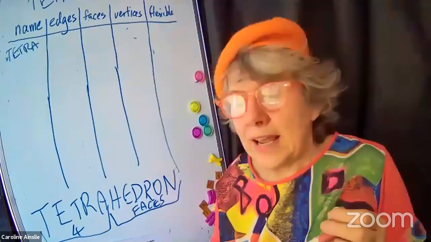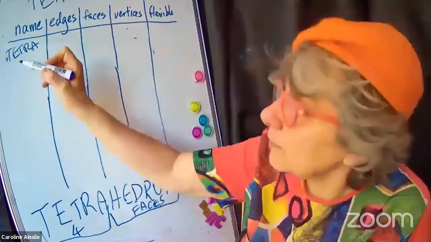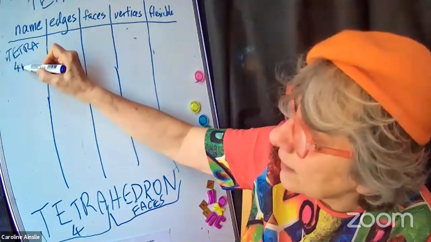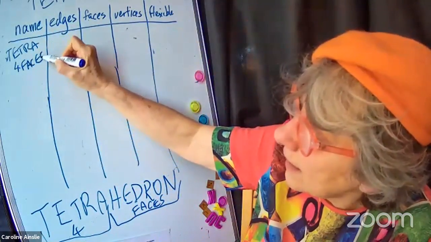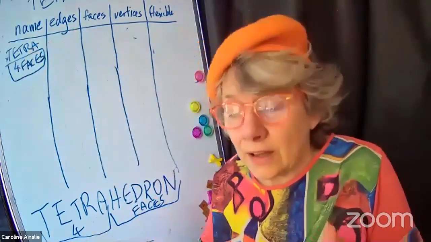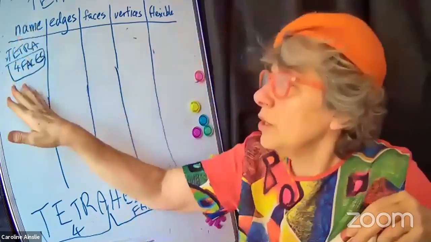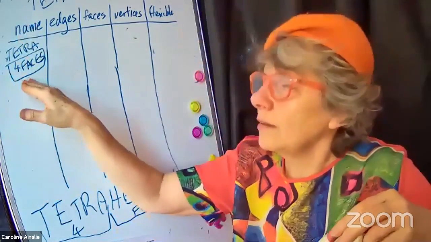You can always name a shape. If you don't know the name of it, you could investigate it, but you can always call it by the amount of faces it's got. That is something you can always call it. That would be just a way of doing it in English. And the point is, you can then find out. If you don't know the word and you want to write a name, you can just give it that name,